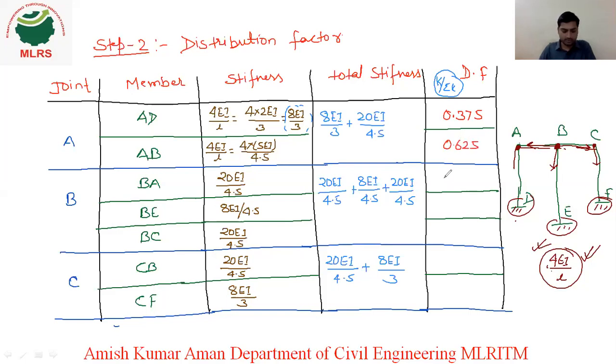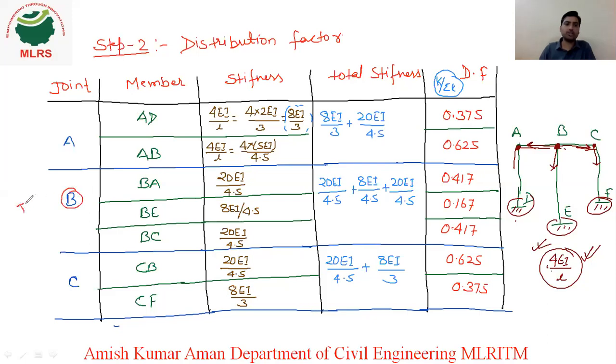For BA, we got 0.417. For BE, we got 0.167. And for BC, we got 0.417. Again, for CB 0.625, and for CF 0.375. Now if you want to check whether we have calculated correctly or not, at every joint the total